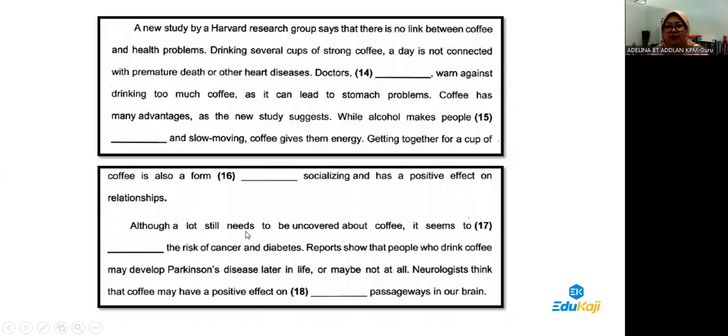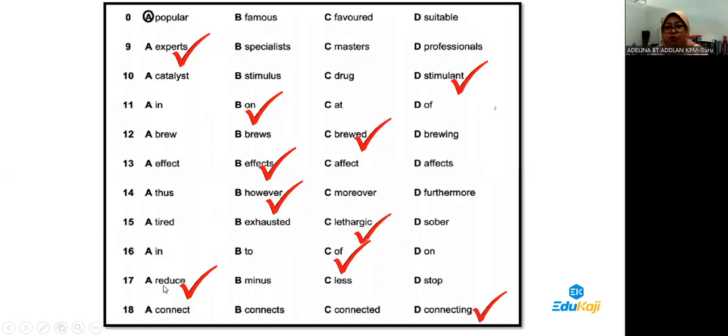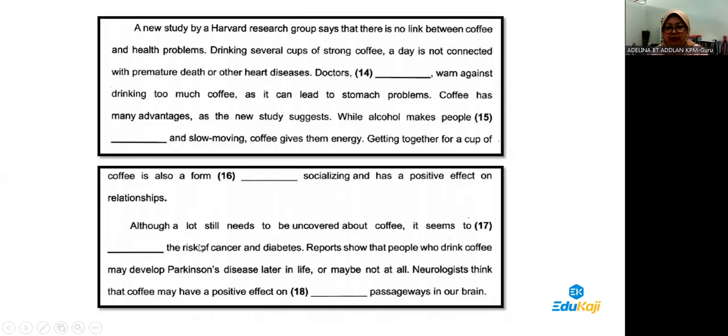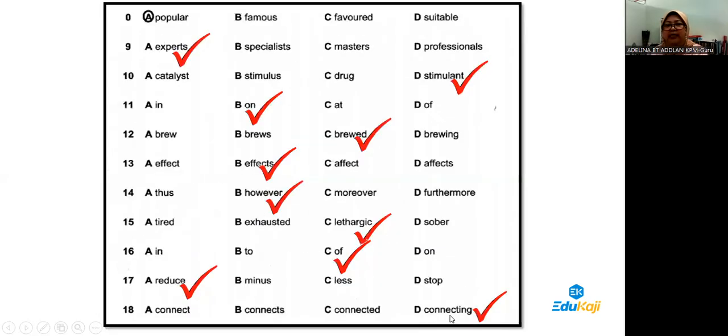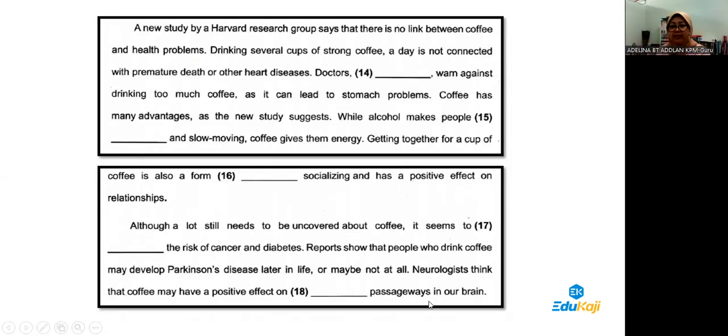Although a lot still needs to be uncovered about coffee, it seems to reduce. Why is it reduced? The risk of cancer and diabetes. That's what they say. Okay. And the last one, neurologists think that coffee may have a positive effect on what? Connecting. Connecting means release. Passageway in our brains. See,